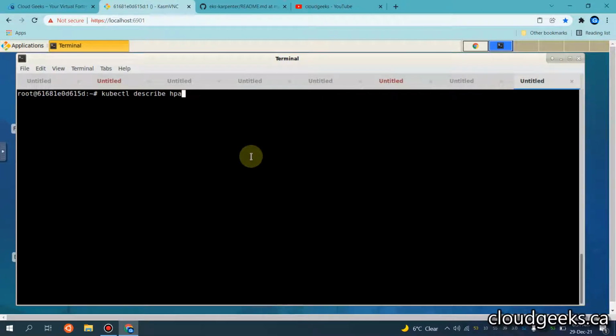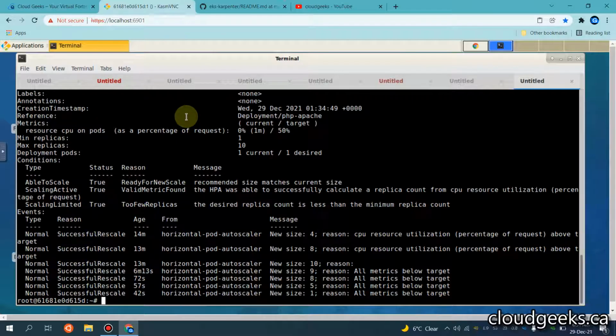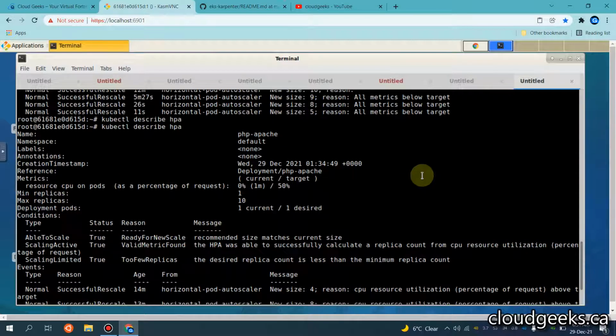So guys, now we will be looking at the scaling section as well. It should be automated, and I'm going to show you the command kubectl describe HPA. If you run this command, you will see the description.